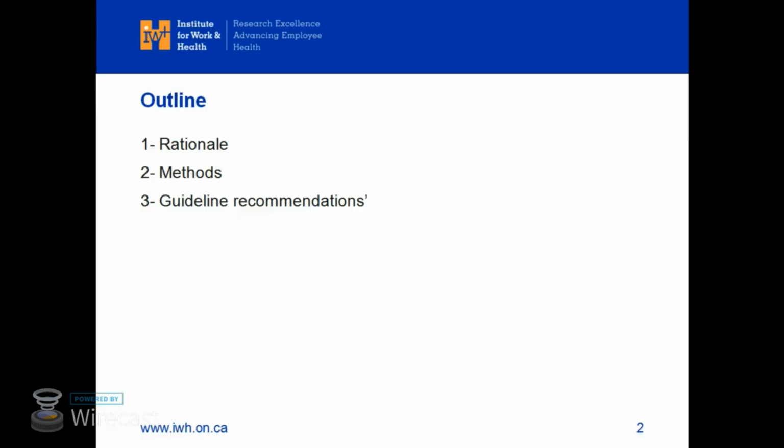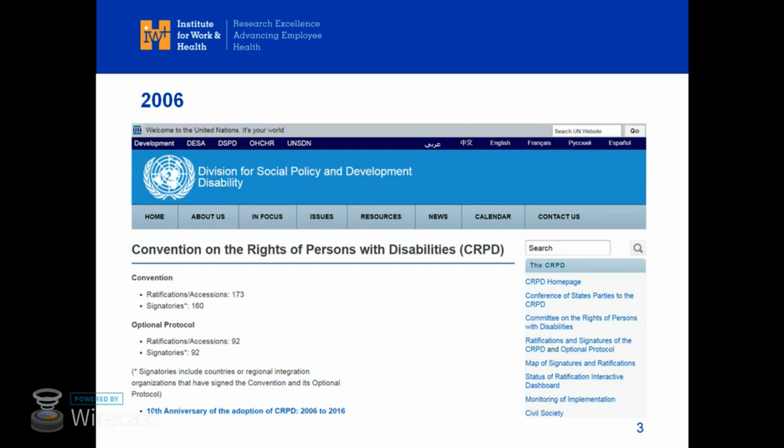So the outline for this presentation today: we'll talk about the rationale, why the WHO decided to do this guideline, the methods that we employed here at the Institute for Work and Health, and then we'll talk about the guideline's recommendations. The background for this starts back in 2006, when the United Nations got together and they put together